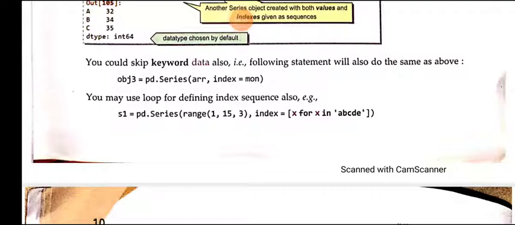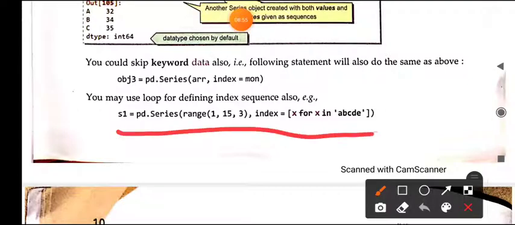For example, in this example which you can see on your screen, we have written s1 is equal to pd.Series(range(1, 15, 3), index=[x for x in 'abcde']), because if we execute this looping statement range(1, 15, 3), it will generate the sequence values from 1 to 14, and the values are 1, 4, 7 and so on.